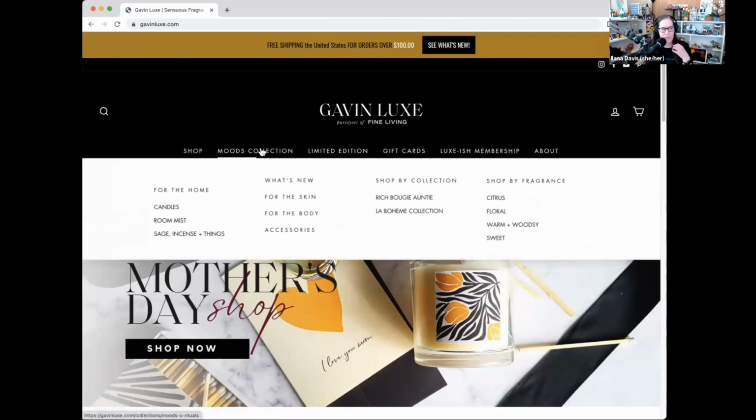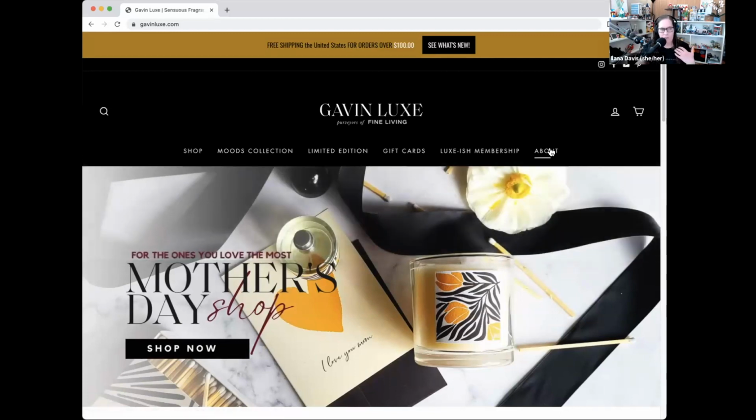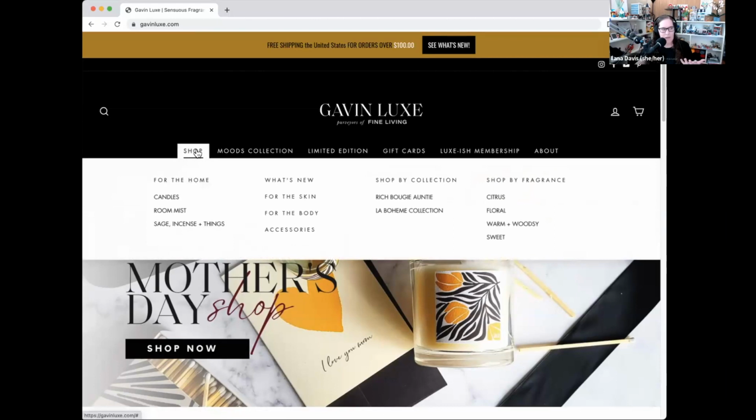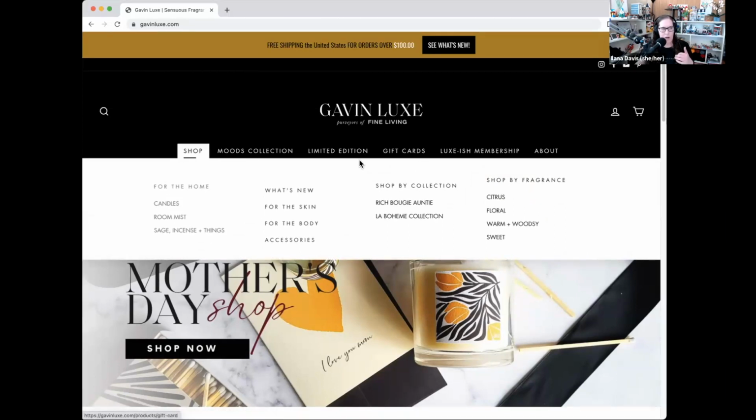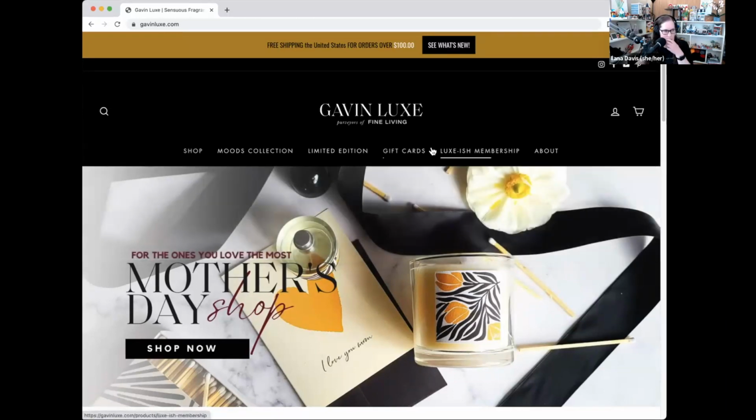But this top navigation should be your main shopping. And then things like your about could be in the footer. I don't know what membership is, but that could probably be in the footer. Some of these, like moods collection, I don't know exactly what that means. But I feel like there are better ways to organize this where the top navigation is shopping focused.